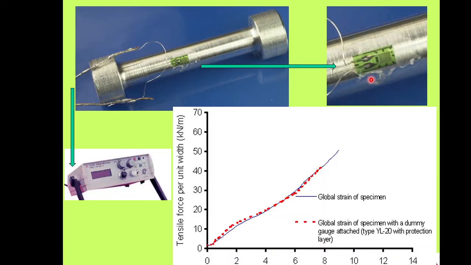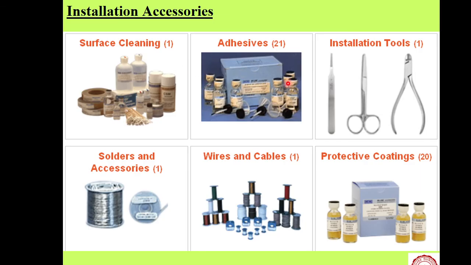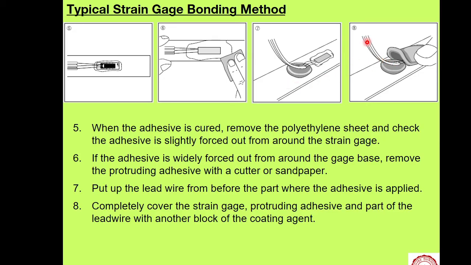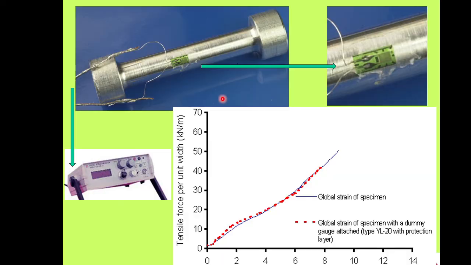Now this is an actual mounting. A strain gauge is now mounted on a specimen. To understand, this is a tensile test specimen, and the strain gauge can be used instead of the extensometer. We can directly measure strain from it. From here, these lead wires go into the strain measurement unit. And then we carry out the test.